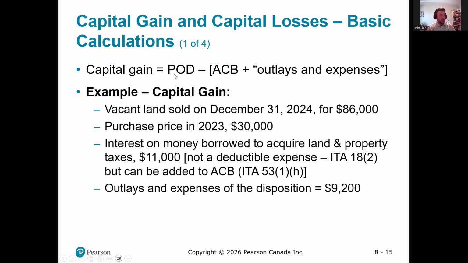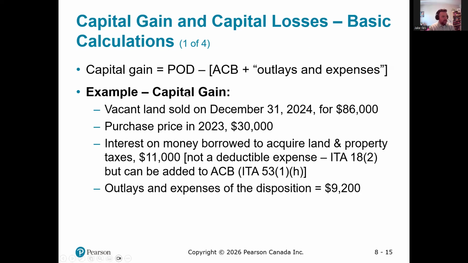Capital gain is always what cash I received, my proceeds, minus my cost. If my proceeds are more than my cost, I have a positive number, a gain. If it's below my cost, that's going to result in a negative number, a loss. From my cost, I can add my outlays and expenses. So your outlays and expenses either add to the cost or subtract from your proceeds. It's going to come to the same result. So I usually tend to subtract outlays from my proceeds, but you can do it either way. Add it to the cost, subtract from proceeds.